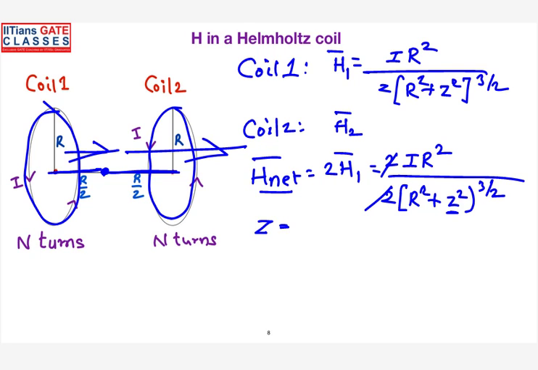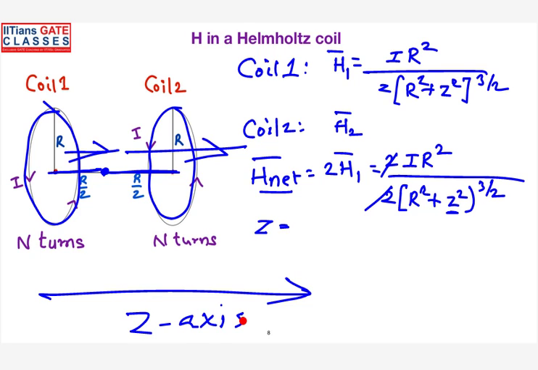No, how are you telling opposite side? I was not understanding that. I was concentrating on the direction of the magnetic field, whether it is coil 1 or coil 2. Let me say I define this as my Z axis. The coils are placed along the positive Z axis. Fine. Now, when you are looking at coil 1 and placing your right hand matching the direction of current, is your thumb pointing in the positive Z or negative Z? Positive Z. Right? The same rule is applicable even for coil 2 also. I was talking about the direction of the magnetic field. Direction of magnetic field.